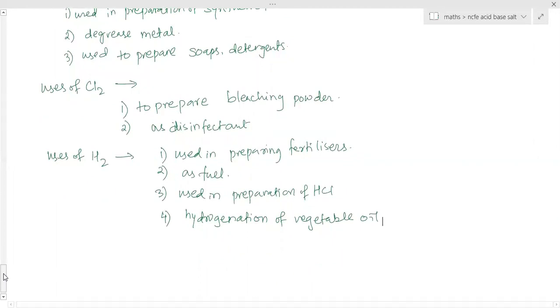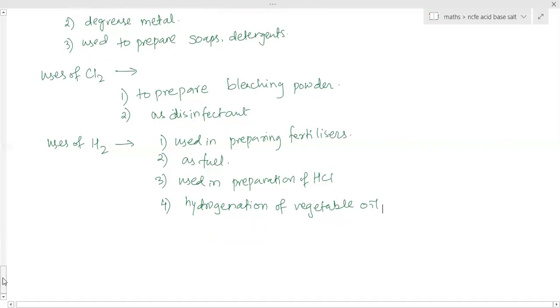NCERT book now, I think it is not given. You have the NCERT book in front of you? Yes, ma'am. After this one, a diagram is given of electrolysis of brine. After that, is anything written about uses? I think they have taken it out. It's not written, no? These uses? Okay, it was there earlier. Now I think they have removed it. Small brackets, yeah, small brackets 1, 2 uses have been written. Earlier it was a full paragraph on that.